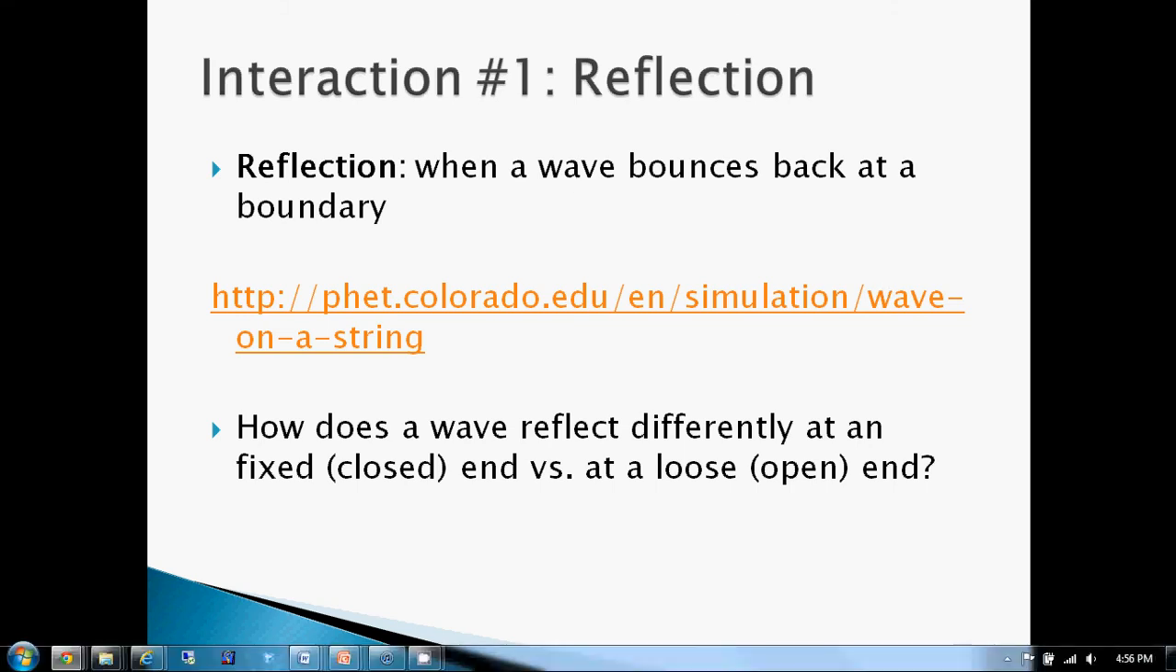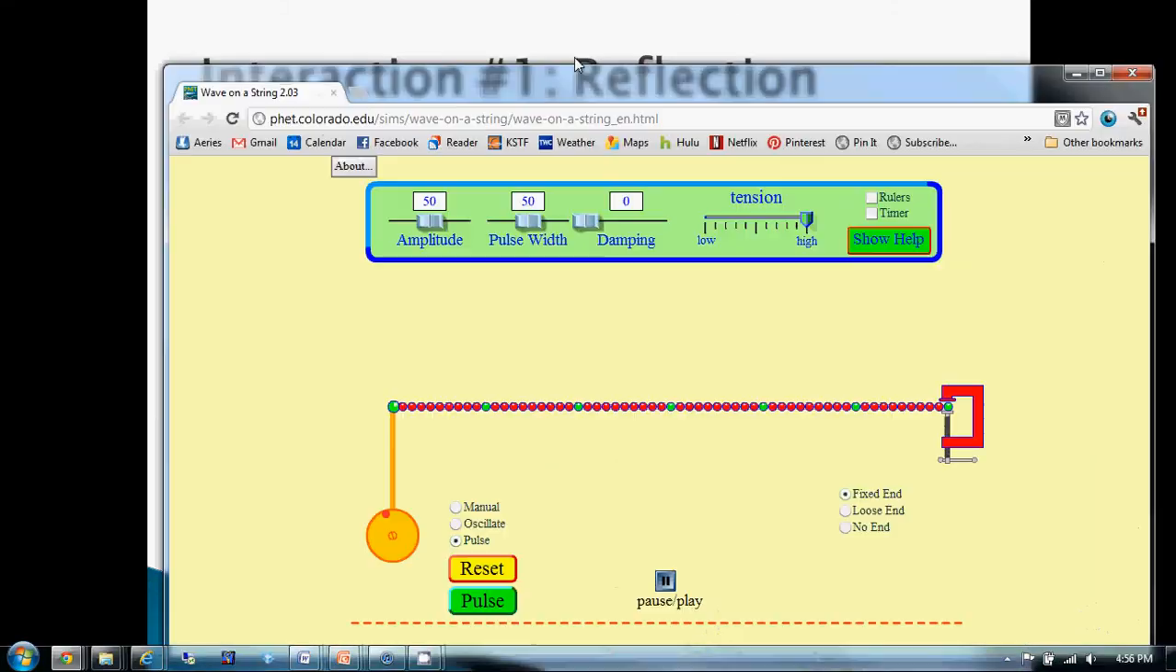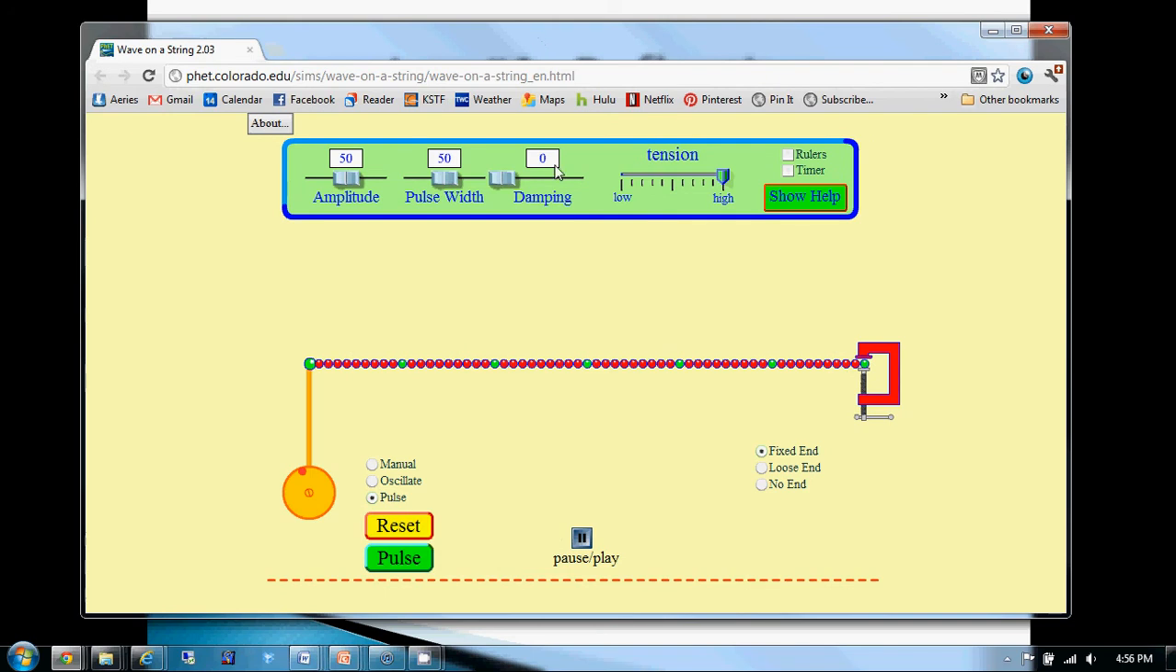Okay. Now, I've got a little simulation to show you. We've got this string along here that we can send a wave pulse down, and we've got a boundary here on the right hand side, so we're going to send it from the left over to the right, and we're going to see how it reflects. Now, I'm going to start off with a fixed end, so the idea is the particles right here at the boundary can't really move. They're sort of stuck in place. So if we send a pulse down to that fixed end,